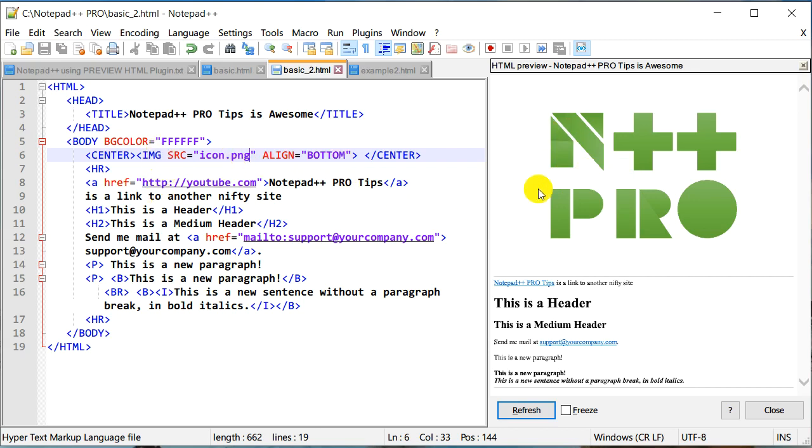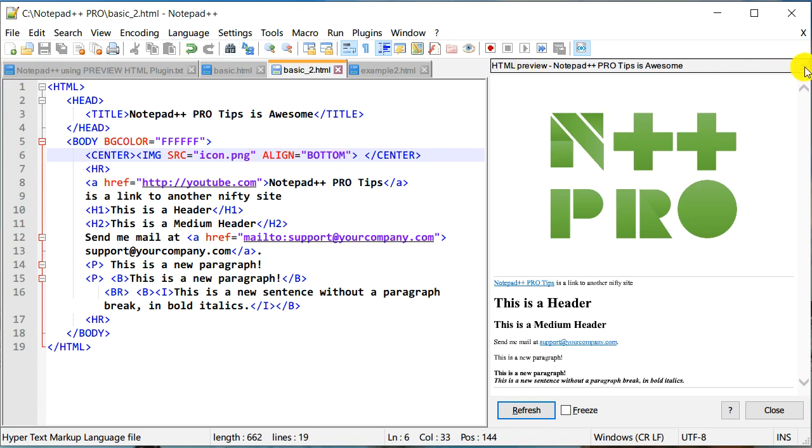But as you can see, if I have an image or even any links or a mail link, all of this would show up in a nice preview. By using this Preview HTML plugin, you can check your changes right away, right from Notepad++.